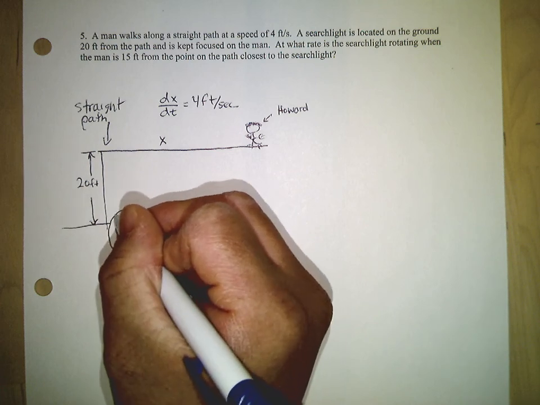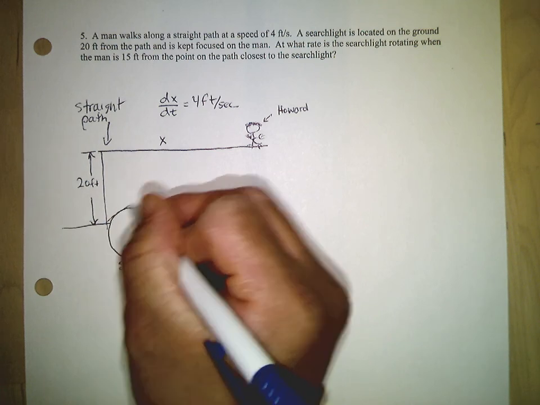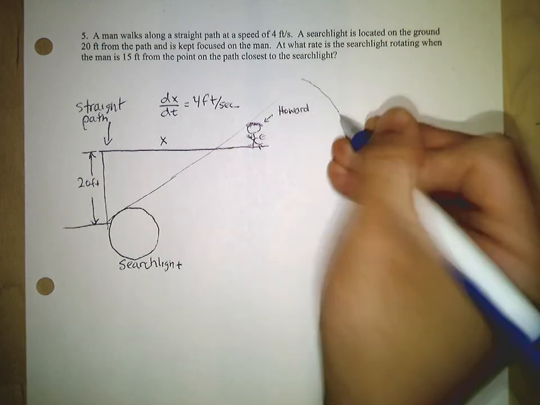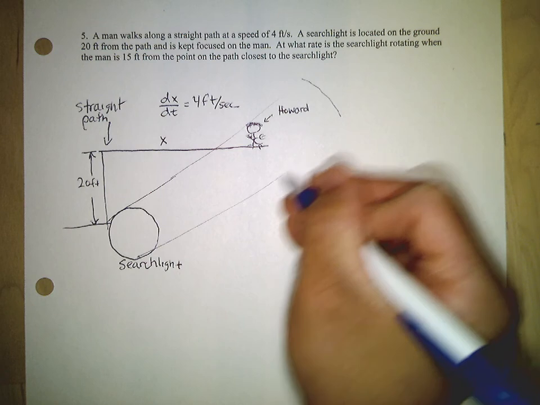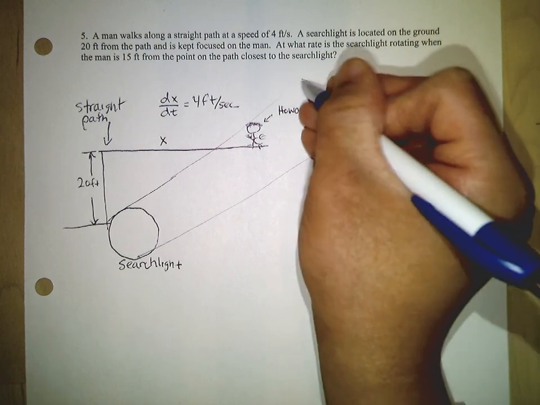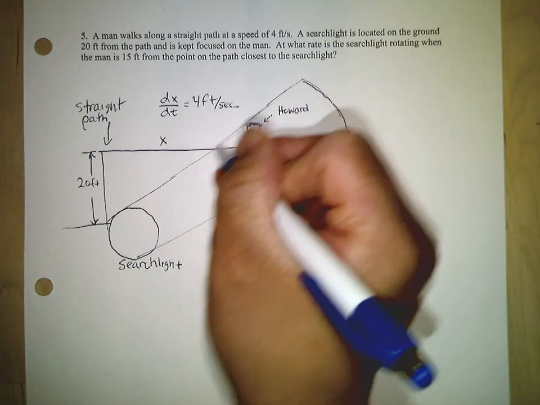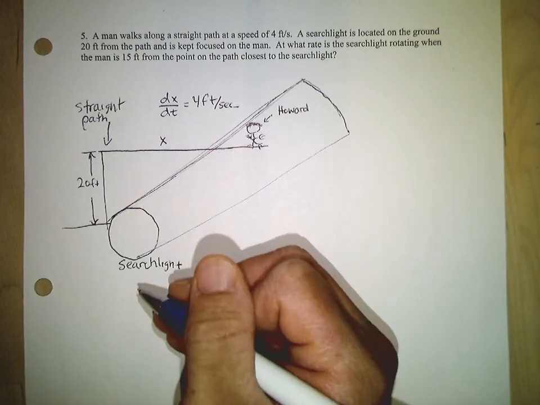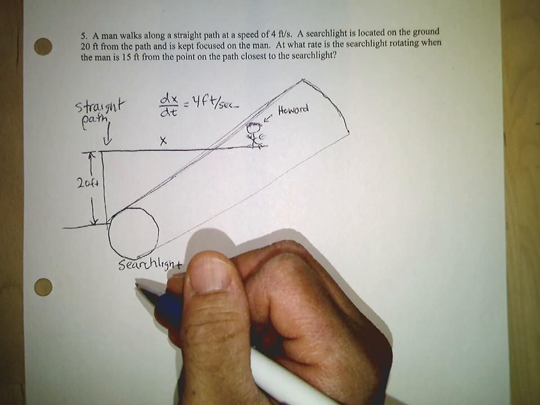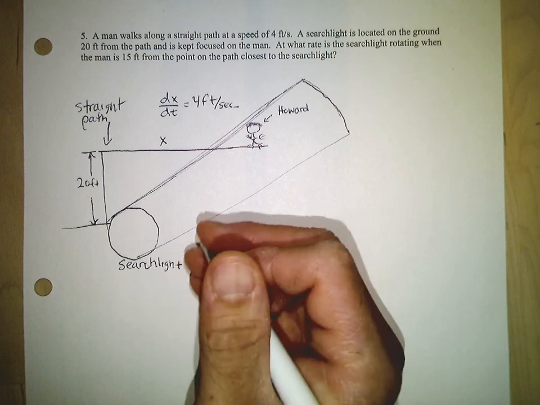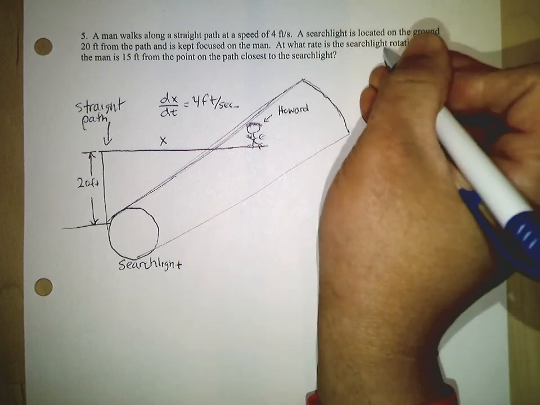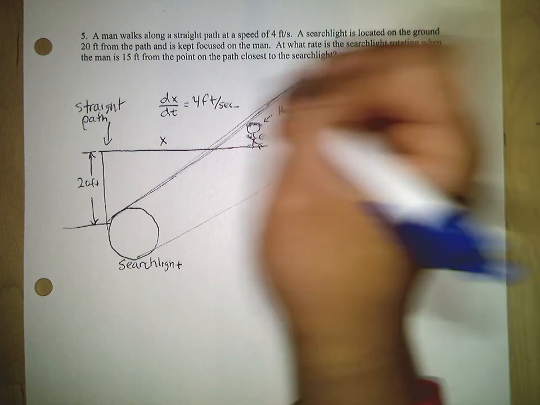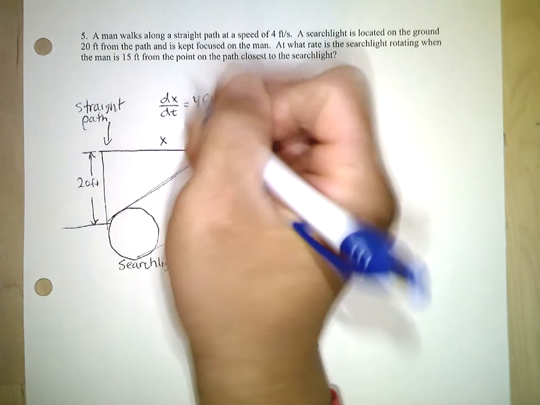So that means that if it's focused on the man, here it is. Right, Howard is in the light. All right, so now at what rate is the searchlight rotating when the man is 15 feet from the